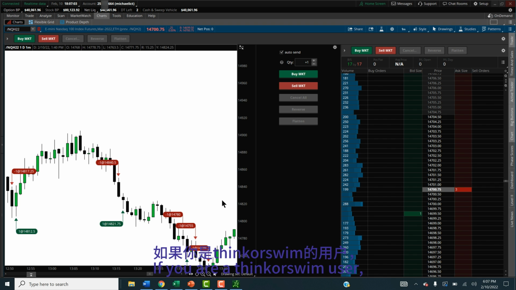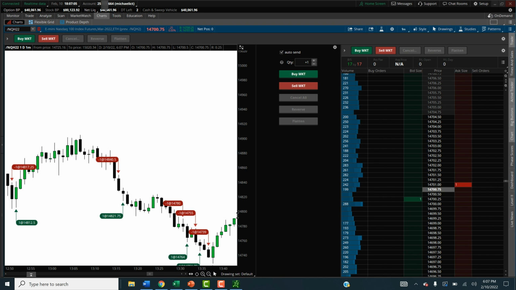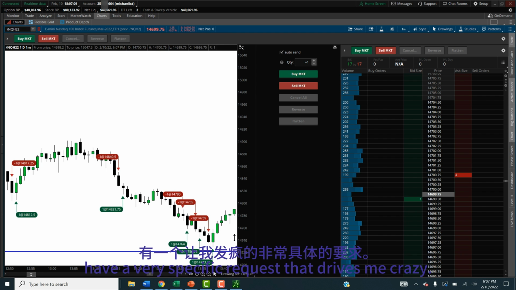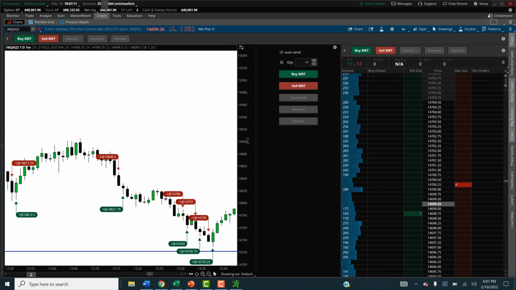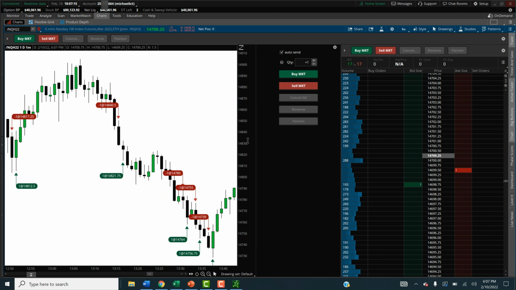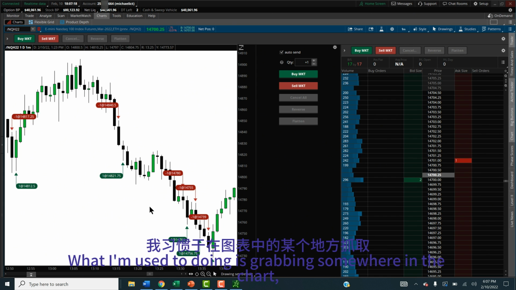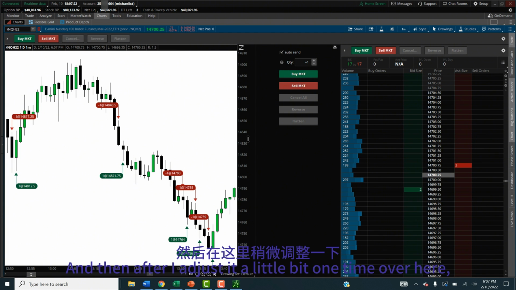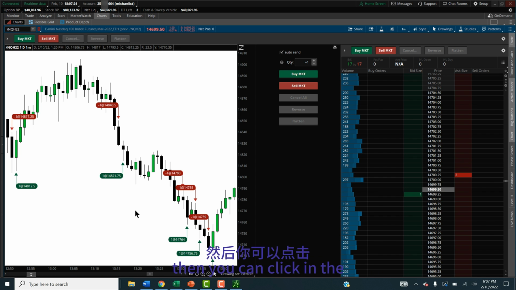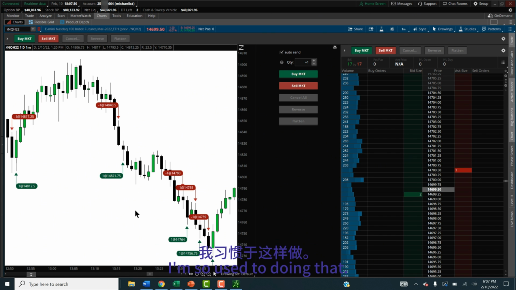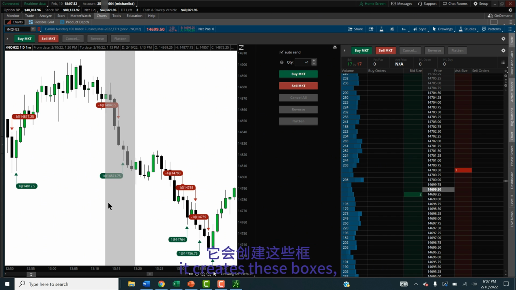If you are a Thinkorswim user, okay, I have a very specific request that drives me crazy. I think that's probably the answer right there I'm looking for. It's double tap that and it does it. What I'm used to doing is grabbing somewhere in the chart, like on TradingView, and then after I adjust it a little bit one time over here, then you can click in the image of the chart and drag the chart up and down or all around. I'm so used to doing that, but as soon as you try to do that here, it creates these boxes,